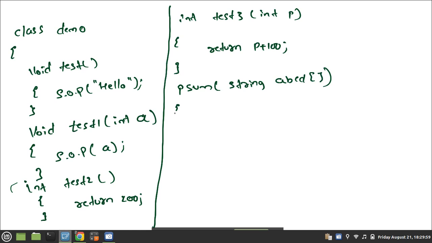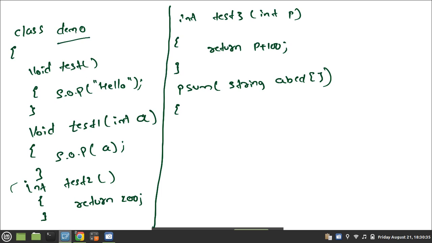Yes, so these all are the user defined methods. User defined methods means who should call? The user should call. Okay, now I will be calling these functions one by one, but tell me which type of method this is. These all are the instance members, but I am here in the static area. Means whether I should create the object or not? I should create the object, yes. So how to create the object?